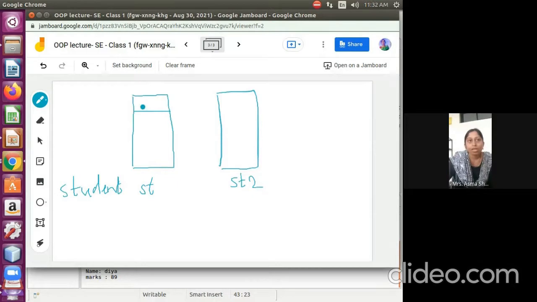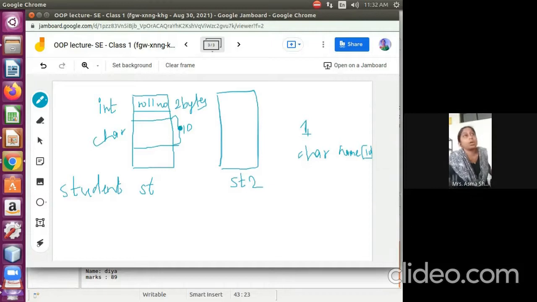So here we have the integer. An integer will require 2 bytes of memory, so here it is allocated. Then we have a character array for name. So we have roll number here, and we have a character name. A character requires 1 byte, so we require 10 bytes of data for a character array of size 10. For name, we have assigned 10, so it requires 10 bytes.